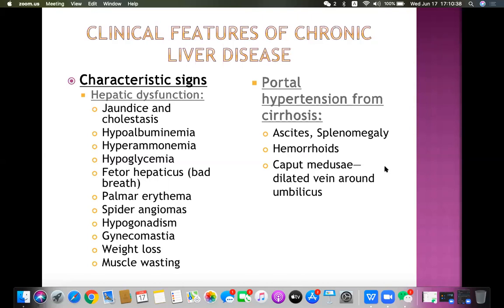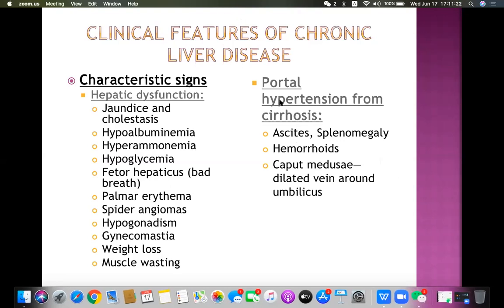What happens to the patient because of this portal hypertension? Fluid will leak into the peritoneal cavity, which is known as ascites. The mechanism for this fluid leakage in portal hypertension is increased hydrostatic pressure. Don't forget that. At the same time, cirrhosis also leads to decreased oncotic pressure. So ascites is the combination of increased hydrostatic pressure because of portal hypertension and decreased oncotic pressure because of cirrhosis of the liver.